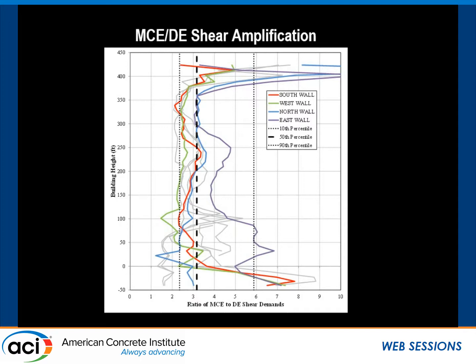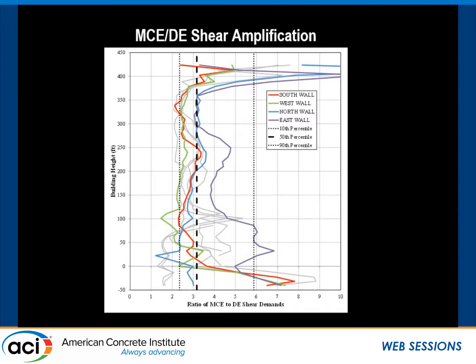I've plotted in color. The 4 colored lines are the walls that I highlighted previously. And then I've actually plotted all the rest of the walls in the building, kind of shaded back in gray. But really the point here is just to show you the big spread between the results. In fact, you can see the north pier, this blue line, right around elevation 25 feet, where I said it dives pretty low. And then the east pier at that same elevation, or close to that same elevation, it actually has quite a bit of a spike.